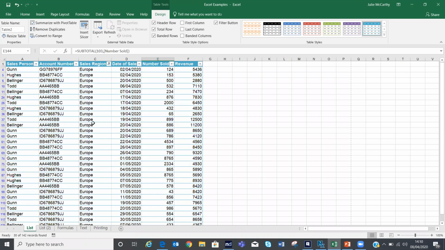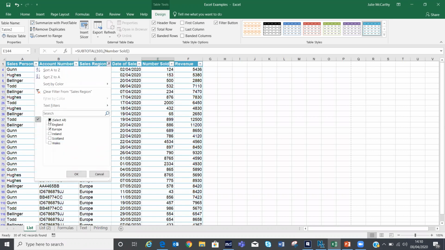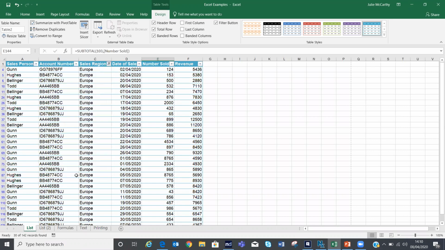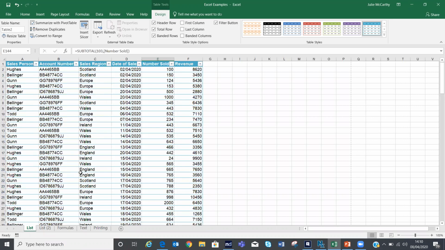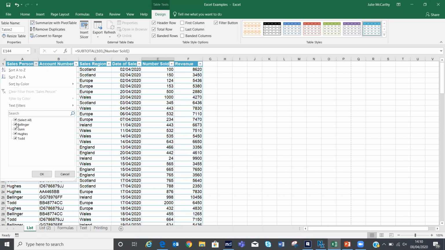Now, I always know what column has been filtered, because that column now has a funnel. So if I want to go back to seeing everything, I can click on the arrow with the funnel, select all, click on OK, and I now go back to viewing the entire list again. So I could filter on more than one column. It could be that I want to see all